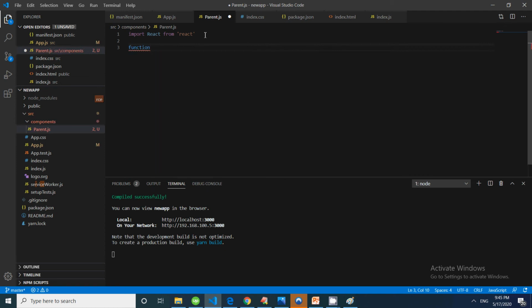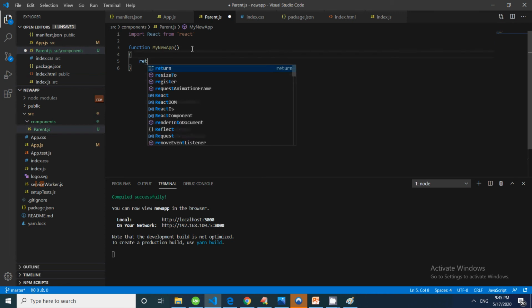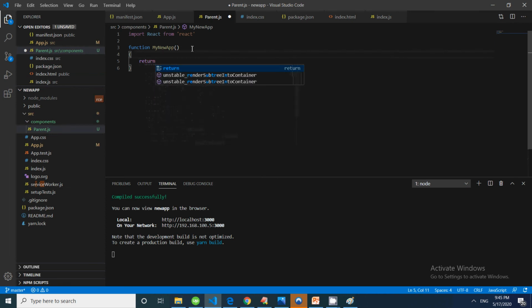For the functional component, I will name it MyNewApp, and it will have a return statement that returns hello world.